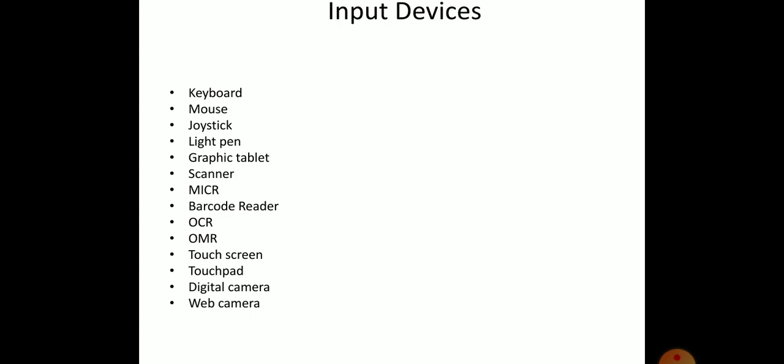Next is barcode reader. Next input device is OCR. Then OMR. Then next input device is touchscreen. Next, touchpad, digital camera, and web camera. So these are all the input devices we saw.